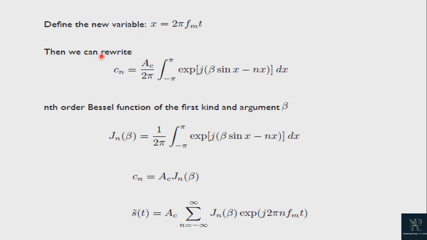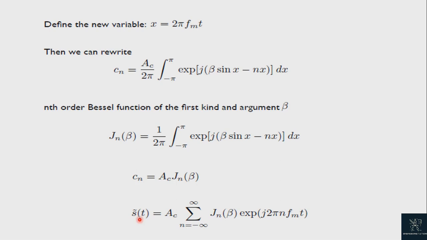we can rewrite the Fourier series coefficient Cn is equal to Ac/2π times the integration from minus π to π of exponential of j(β sin x minus nx) dx. We know the nth order Bessel function of the first kind and argument β, which is Jn(β), is equal to 1/2π times the integration from minus π to π of the exponential of j(β sin x minus nx) dx. On comparing these two equations, we get the Fourier series coefficient Cn is equal to Ac into Jn(β),